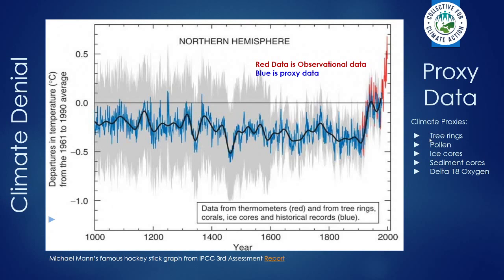Because what they did is they used things like tree ring data, pollen data, sea ice cores, sediment cores, delta 18 oxygen ratios in the ocean. And that was where all the blue data came from. And the red data is where we started recording temperatures, like in London, and also like pulling buckets of water out of the ocean in the Navy and sticking thermometers in it back in the good old days. So that data was really thin. And now we've got really good observational data everywhere, and you can see that over the last 1,000 years, basically, it's us doing the job.